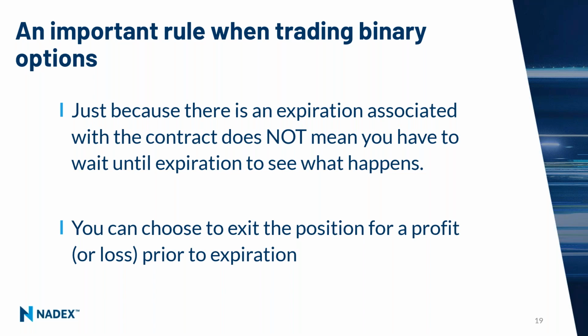The other would be to limit losses. Maybe you bought one at 50. There's a 50% chance, or you sold, let's go the other way. You sold one at 50. You think it's going lower. You know it can go to 100, so you can lose 50. It can go to 0, so you can make 50. And instead, it keeps going higher, and you decided, you know what, I sold it at 50.